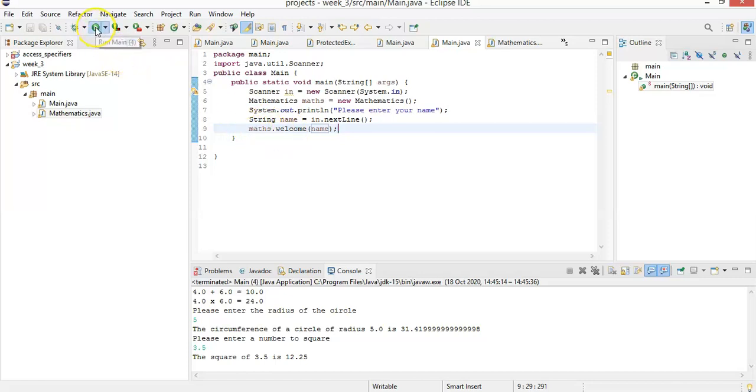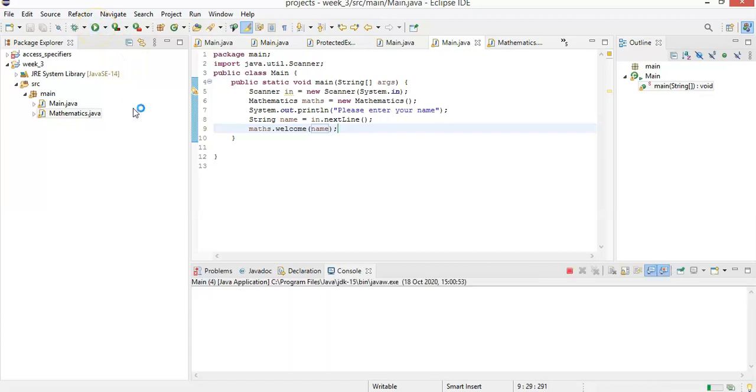Okay, so please enter your name. So Godwin Ashon. Okay, so Godwin Ashon, welcome to Mathematics for Beginners. Okay, so as you can see,